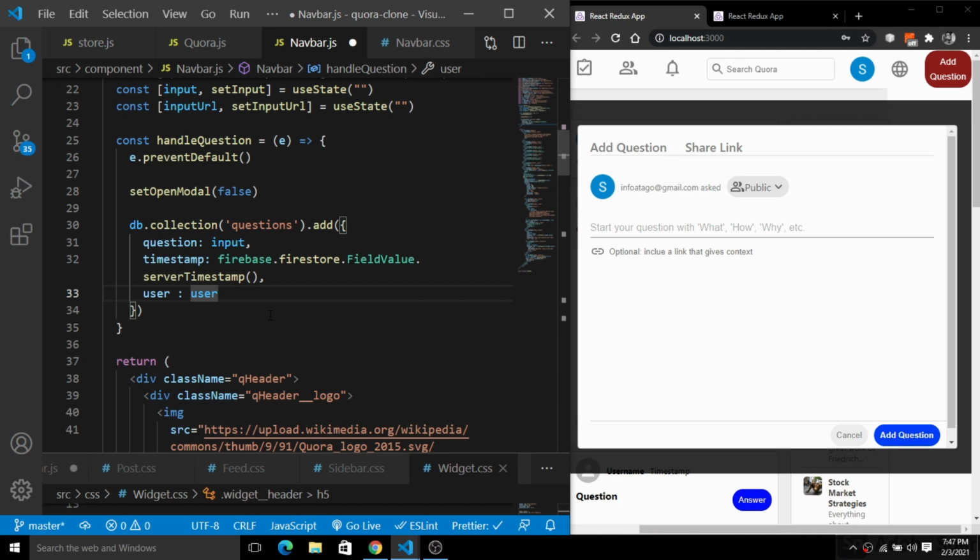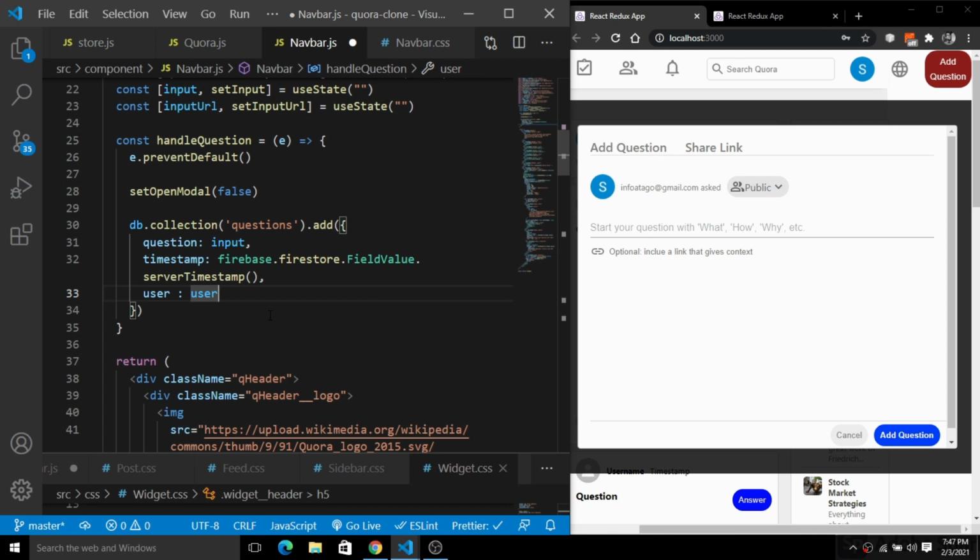That's why it will be easy for us to tell whether this question was pushed by this user or another user. So that's why we passed the user state here inside of this. We are done with this.